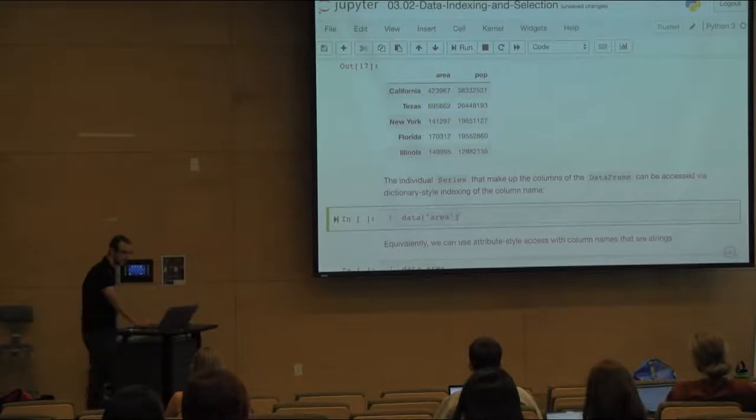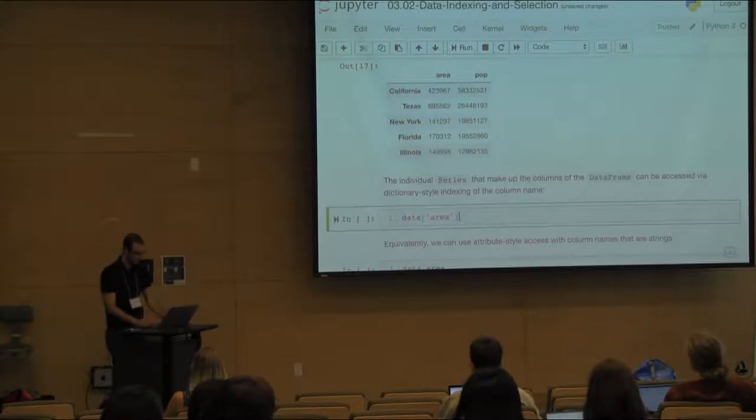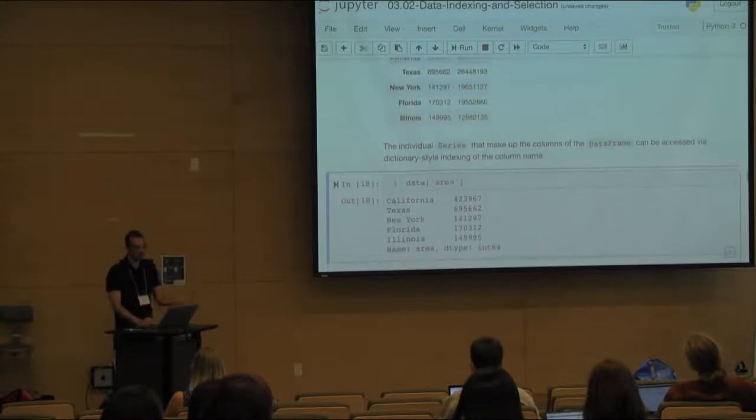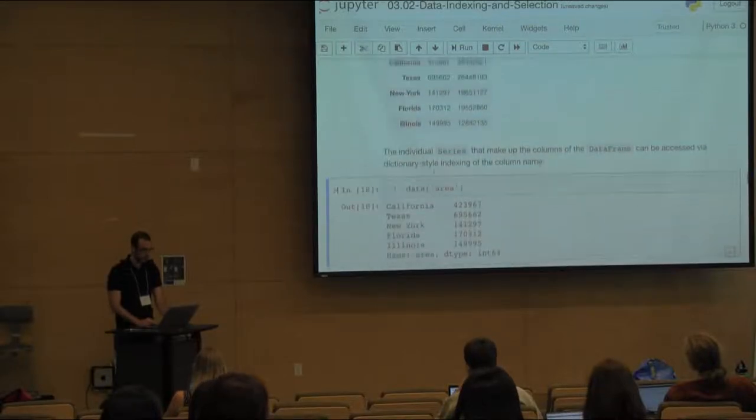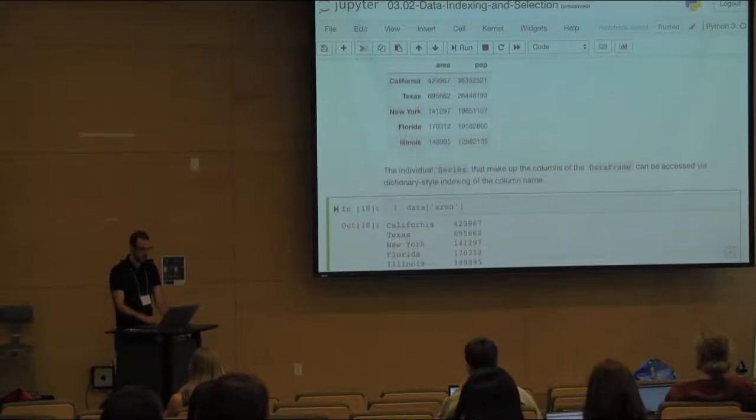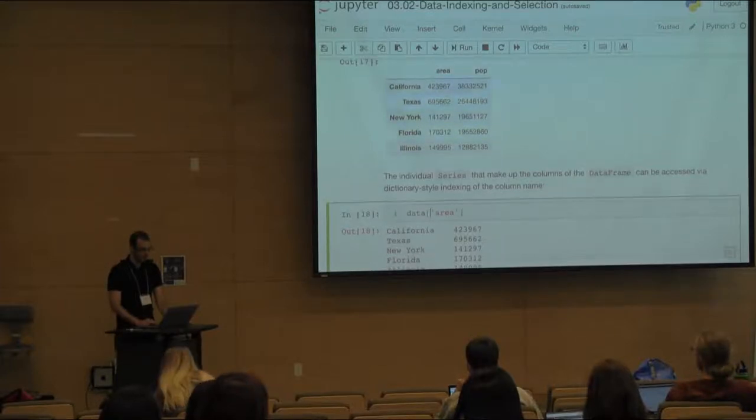So this is actually saying, give me the entire column area, which I believe is how R behaves. It's how other things behave. So that might not seem super unintuitive. Notice that you don't have to explicitly pass both axes. So you might have thought that, for example, in NumPy,